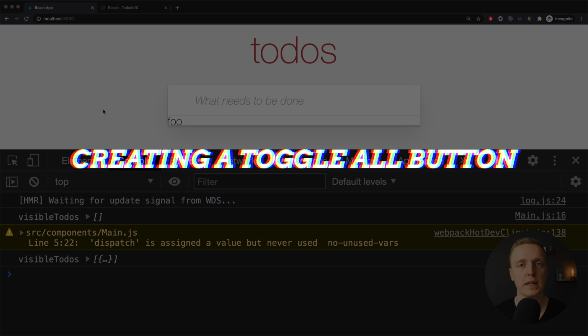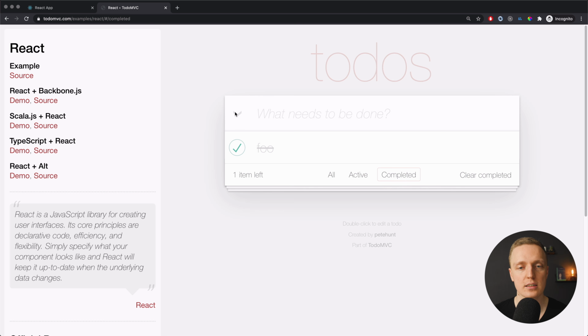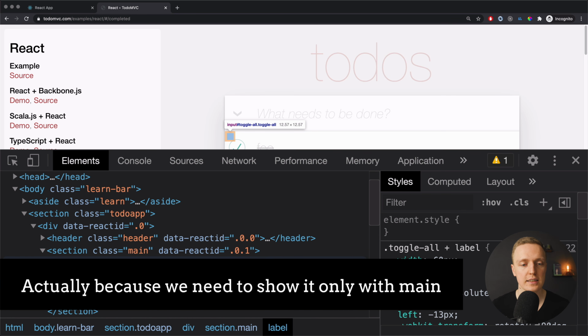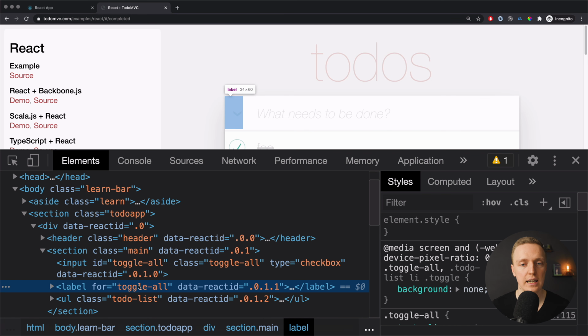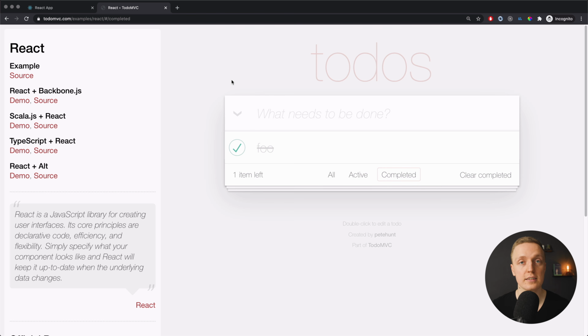Now I want to implement this toggle all button. And actually when we check the example, this toggle all is located in the header, but for some reason it is in the markup of main with position absolute. As you can see here, we have this toggle all, and it is on the top because it is position absolute, and here we have top. So actually normally it is in main, but they moved it to the top. Yes, I think this is not the best approach, but as we are using the same CSS, let's implement it